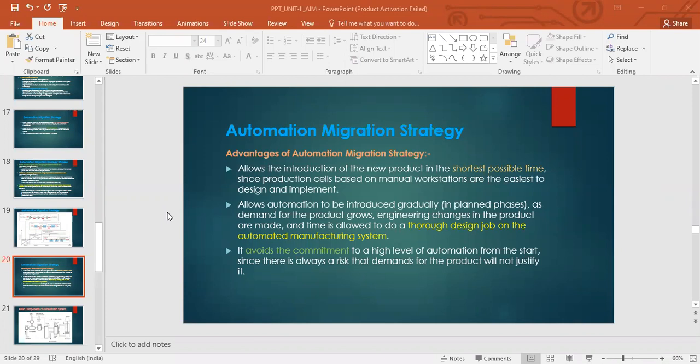So you see, I told you that there are changes in the product, right? There could be customer inputs, right? Feedback from the customer that certain features are not good. You can optimize that. Certain features are not required, right? You can introduce some more features. So as per the feedback from the market, your product design will change. There will be engineering changes in the product design, right?